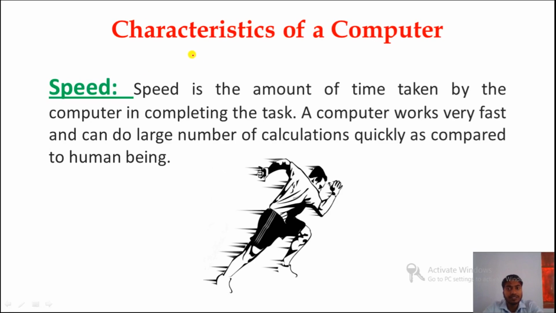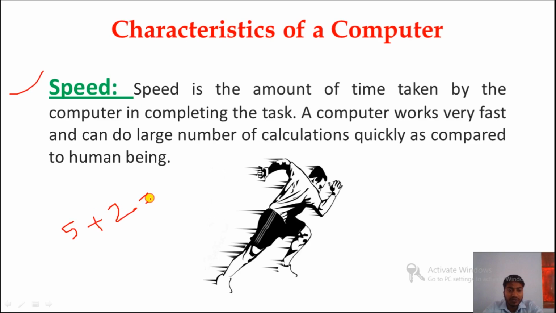Now the characteristics of a computer. First we have speed. Now what is speed? Speed is the amount of time taken by the computer in completing a task. Suppose you have given the task to find the sum of two numbers, and these are the numbers.